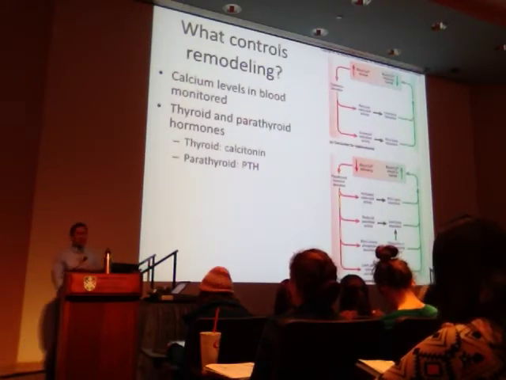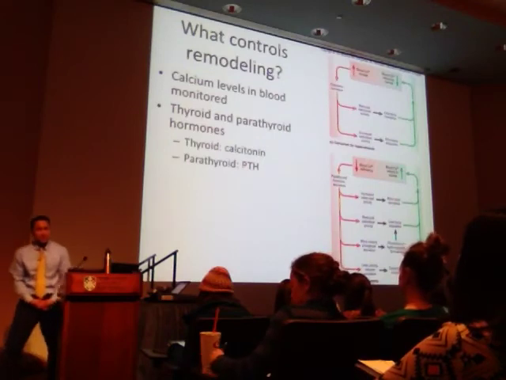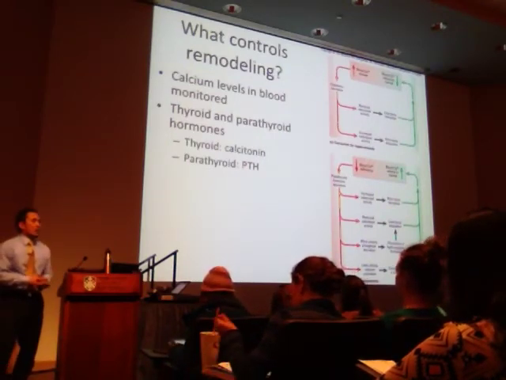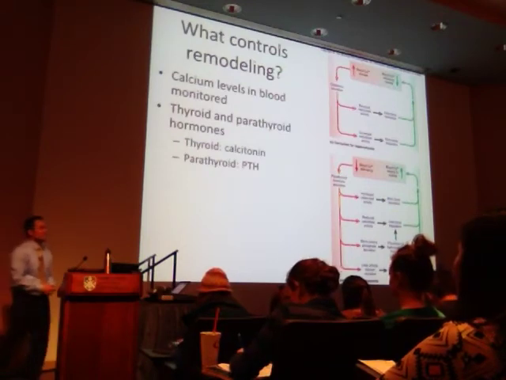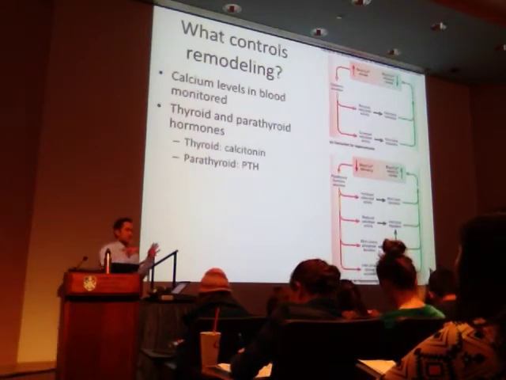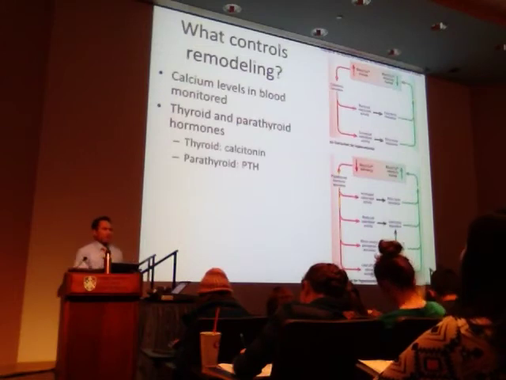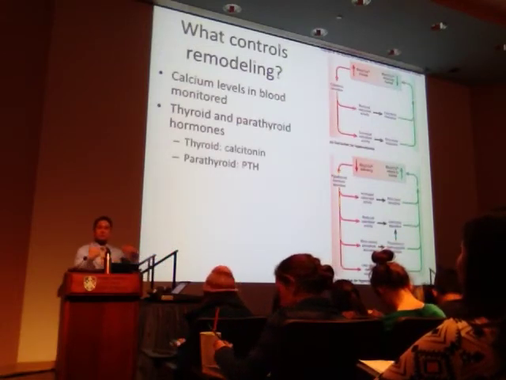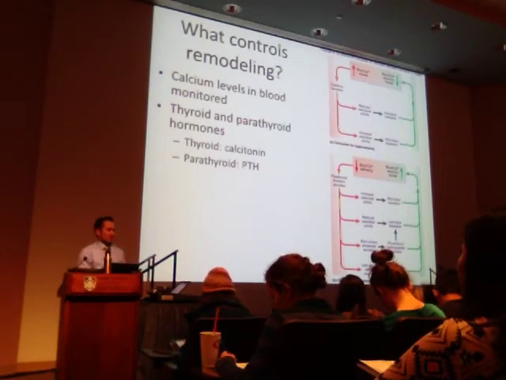So some students are like, why do you recycle it every 5 to 6 months? Well, because you need a source of calcium. So it's kind of like you always need the faucet running. It's not necessarily the most efficient way to do it, but it means that you have a constant flow of calcium in the blood under a homeostatic, balanced level.